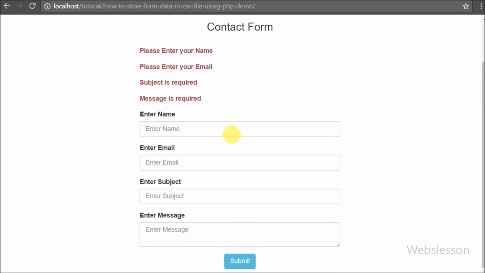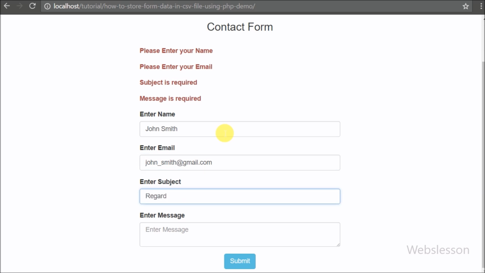So when the user has filled the form with data and clicks on the submit button, then that filled form data will be stored in a CSV file. We can use this feature in a small part of your web application in which you do not want to store some data in your database but you want to store it in some file like CSV,